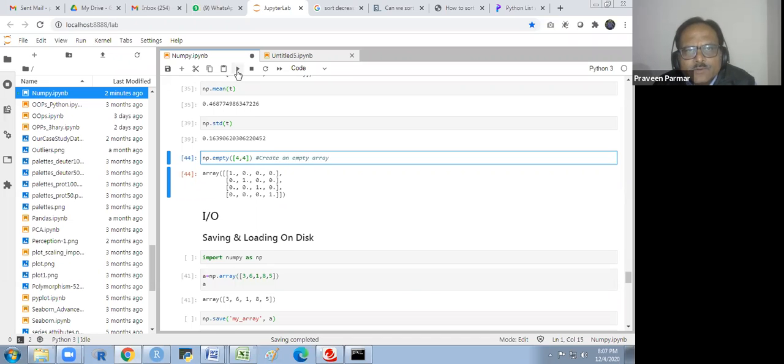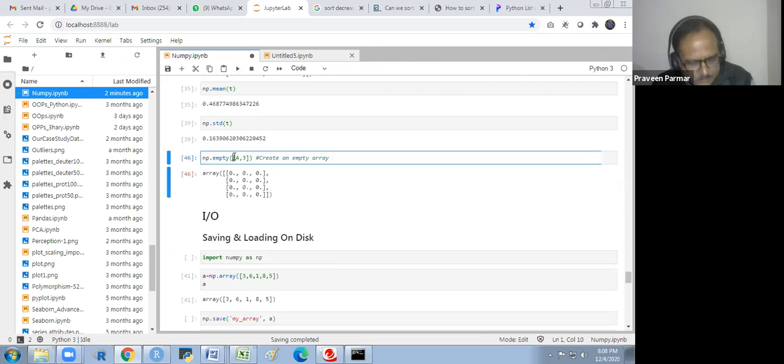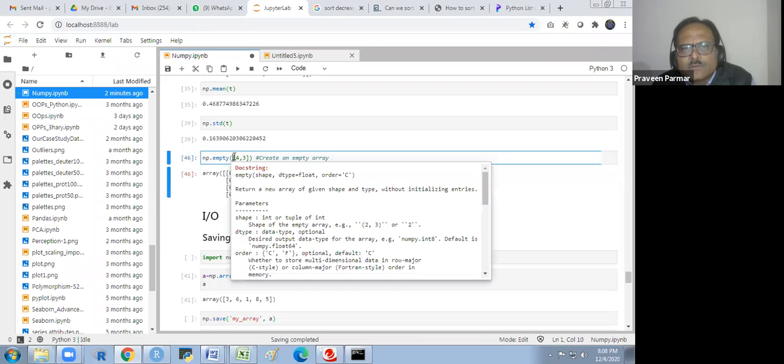Okay, then we see the same thing we are getting. If I write the 3, then see what happens. This 3 I have to take to repair. I'm getting 0. Let me just see what is there. Empty shape.